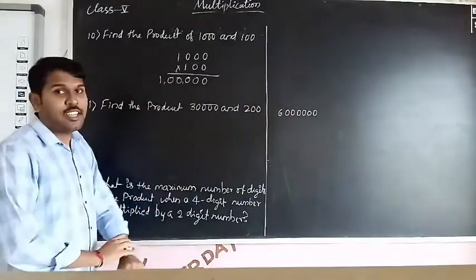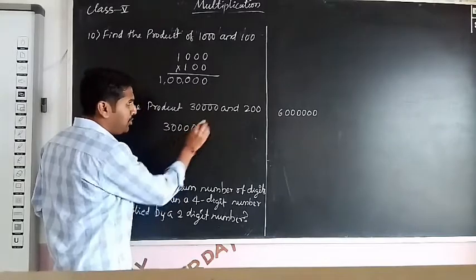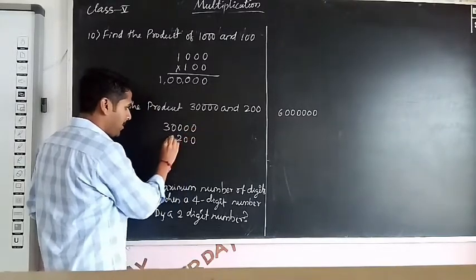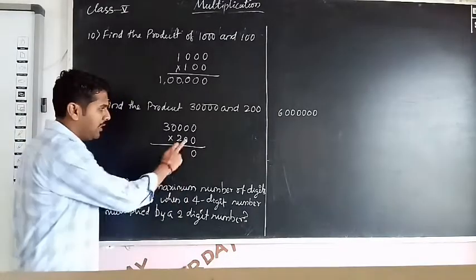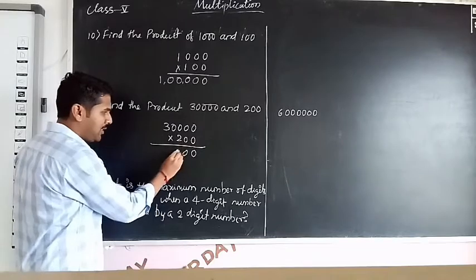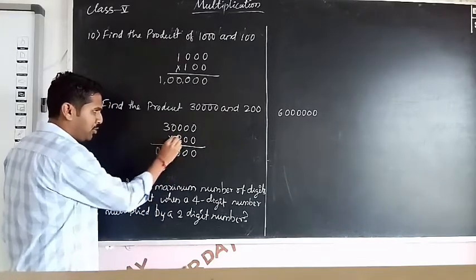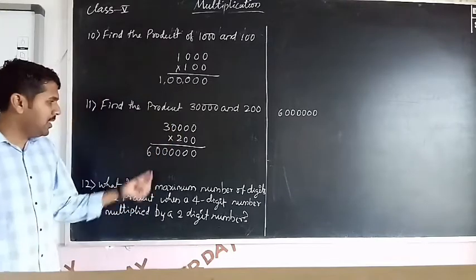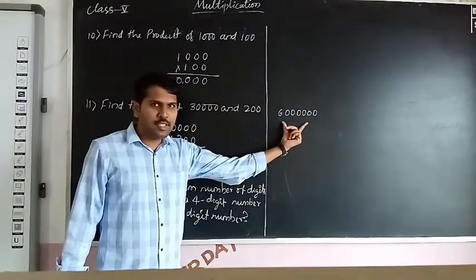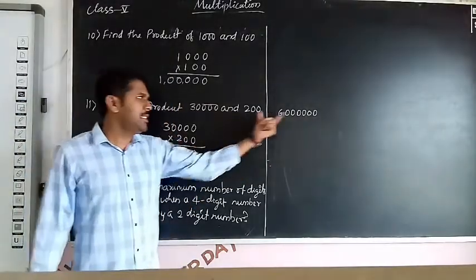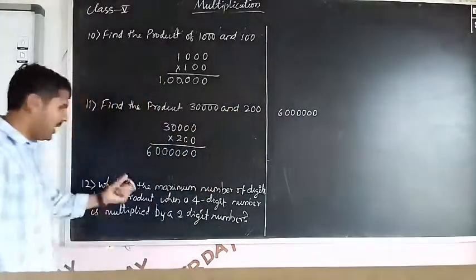So just check it. You will get the answer of 30,000 into 200. No, this one. So multiply. Here 0 is there, so don't try to multiply. Again 0 is there. Don't multiply. 2 into 0, 0. 2 into 0, 2 into 0, 2 into 0, 0. 2 3s are 6. So here 6 is there. Total how many zeros are there? 6, no? You get the same answer. This is direct multiplication when 100,000, 10,000 they give. Okay, so next.